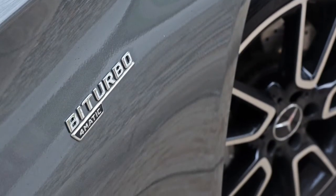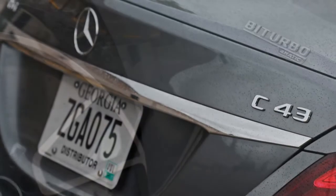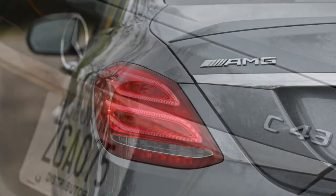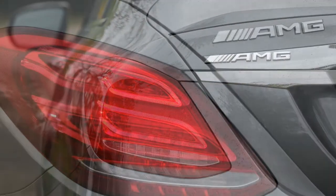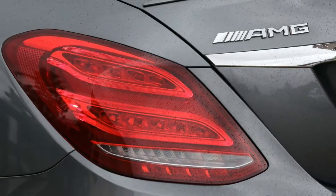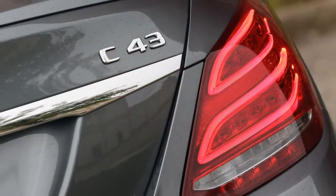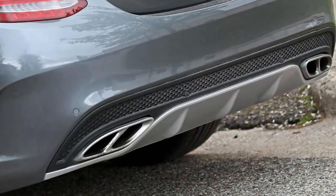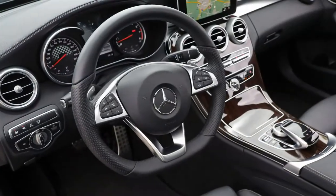To this, we'd add the Premium 4 package. The $7,400 option adds convenience items such as a big 8.4-inch infotainment screen with navigation, a perfumed interior, illuminated door sills, ambient lighting, a premium sound system, LED headlights, and more. The package also includes a host of active safety items, including automatic high-beam headlights, adaptive cruise control, lane keeping assist, and blind spot monitoring. Added up, our preferred C43 costs a none too cheap